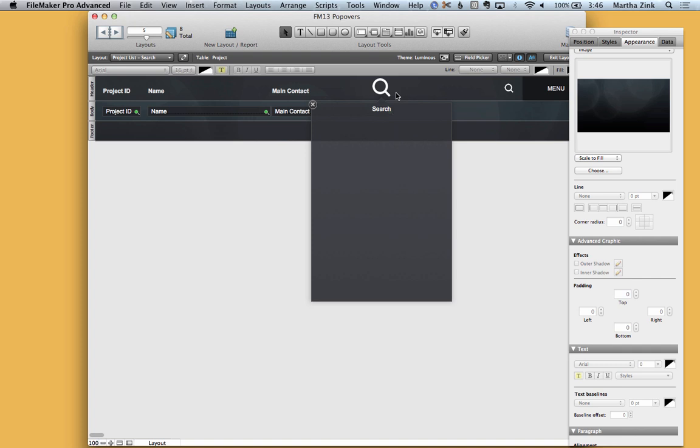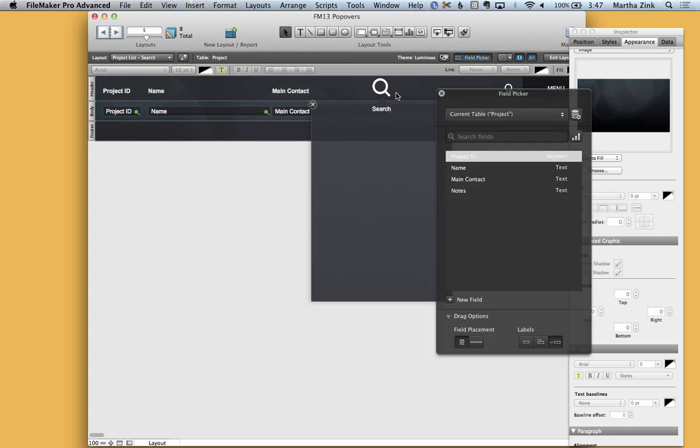Just again, a very simple icon that the user will understand to mean that they can search on the layout. So now that we've done that part, the only thing left to do is to add the field that we can search on, that the user can type in. And then after that, it's add those script triggers that do a couple of important things, and we'll talk about those. So using the new field picker, I'm going to hit Command K here on the Mac, Control K